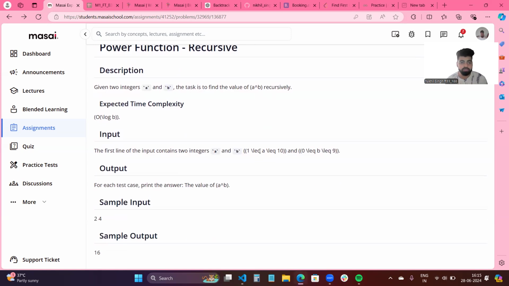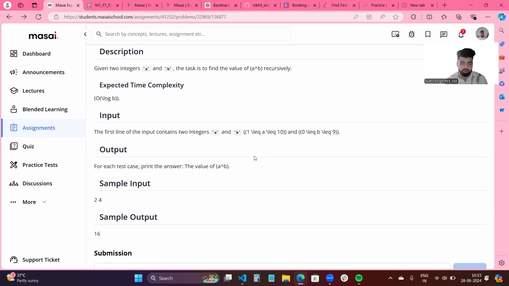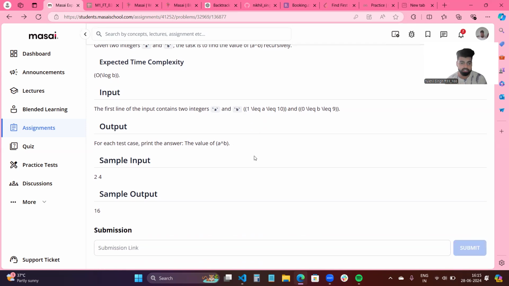Given two integers A and B, the task is to find the value of A to the power B recursively. Accepted time complexity is O(log B). Input: the first line of the input contains two integers A and B, where 1 ≤ A ≤ 10 and 0 ≤ B ≤ 9. Output: for each test case, print the answer, the value of A to the power B. The sample input given is 2, 4, and the sample output is